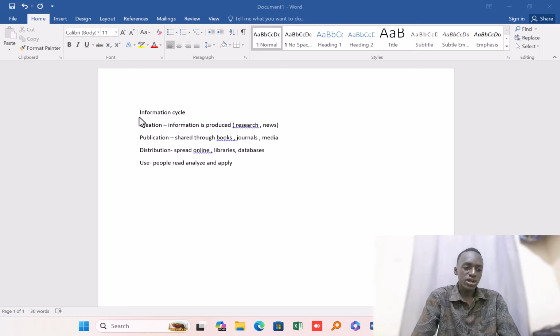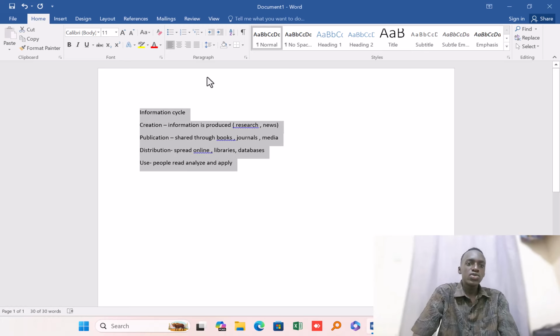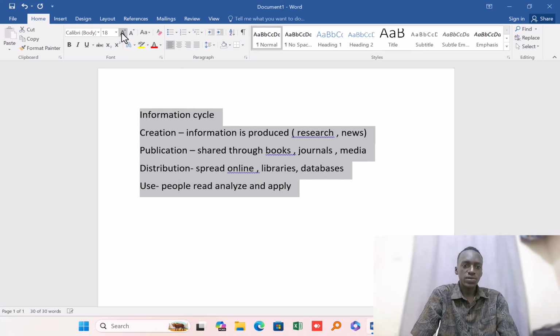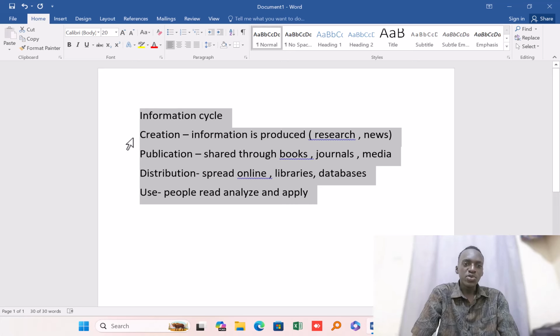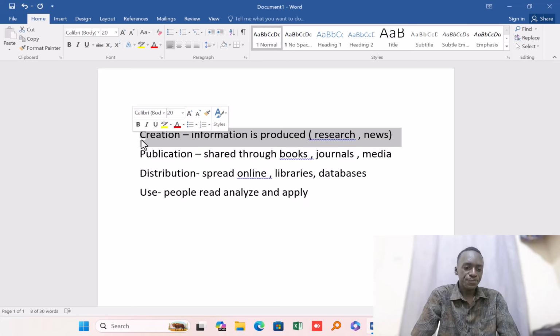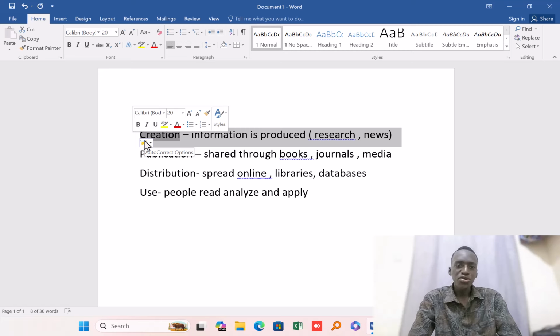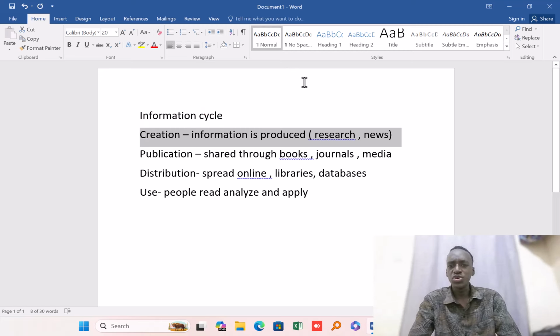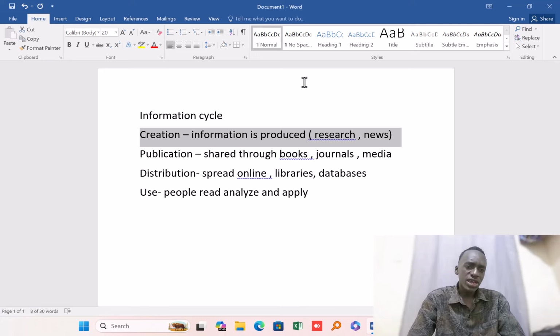I don't know if you can see it here. So it involves these four stages. One of them, we have the creation. Creation simply is the creation of data, the research, the news. If you go into the field and look for news,